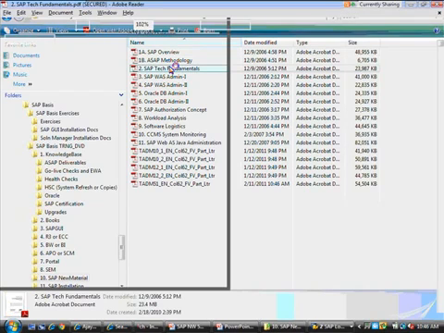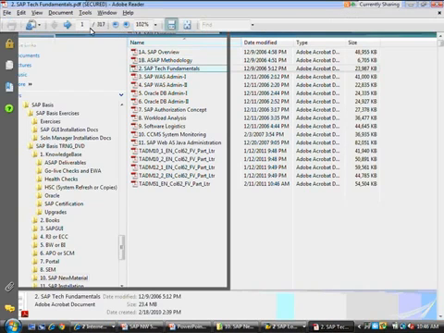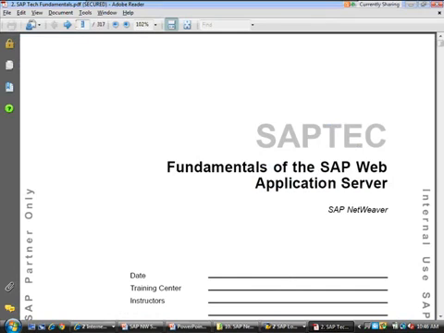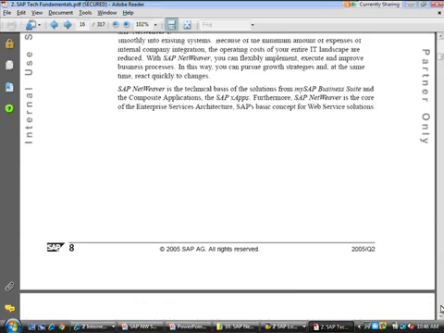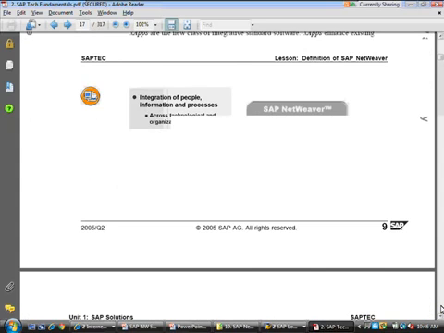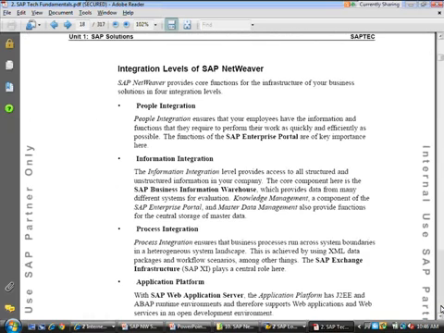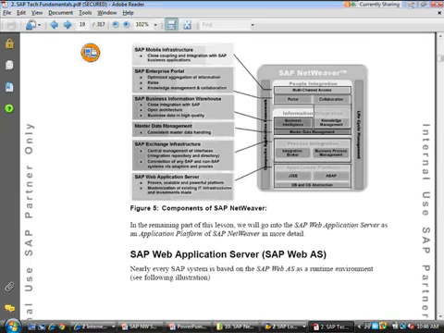This is SAP Tech Fundamentals. Has joined the conference.